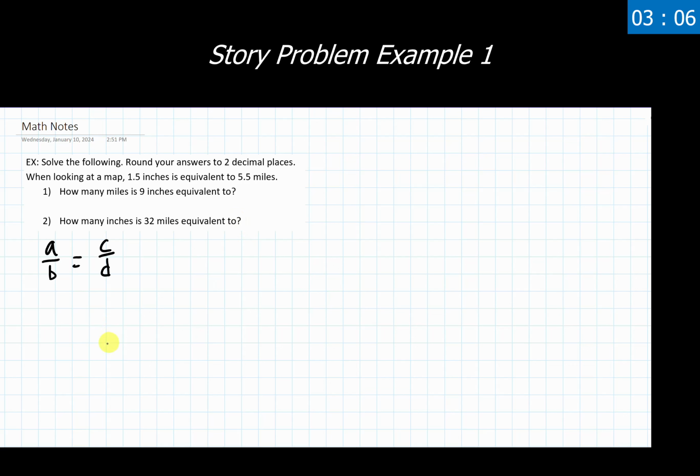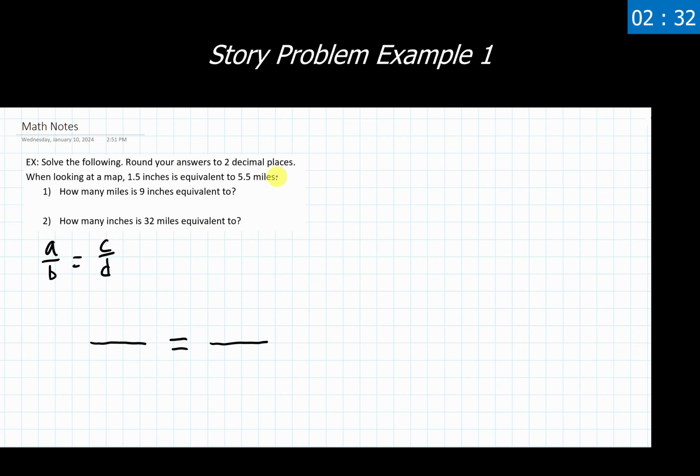So the first method is we're going to set up a fraction equals a fraction for ourselves. This is the form we want it to be in, kind of like our general form here. So I'm just setting up the shell of my setup for myself. Now I've been given two units here. I've been given 1.5 inches and 5.5 miles. The numbers are kind of irrelevant right now. We're specifically looking at the units, inches and miles.